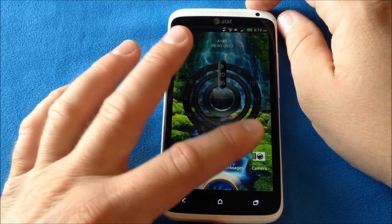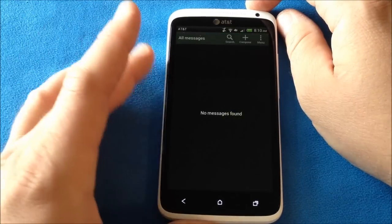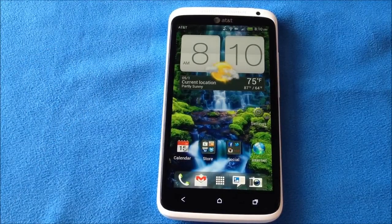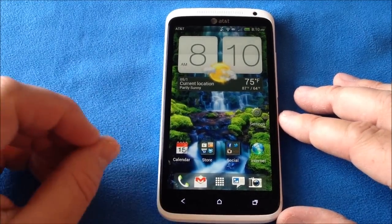Now that allows you to access your phone, your camera, your text messages, or anything like that. You just pull it into the ring, and boom, you can go straight into your text messages, your camera, any one of those 4 apps. Now those 4 apps represent the 4 apps in the app dock right here. So whatever 4 apps you put down here in whatever order is the apps that you will receive in your